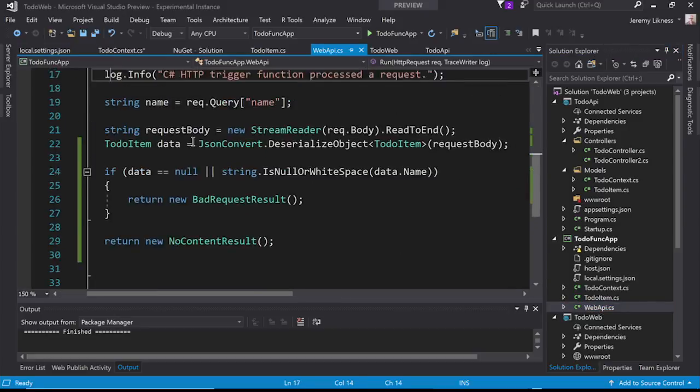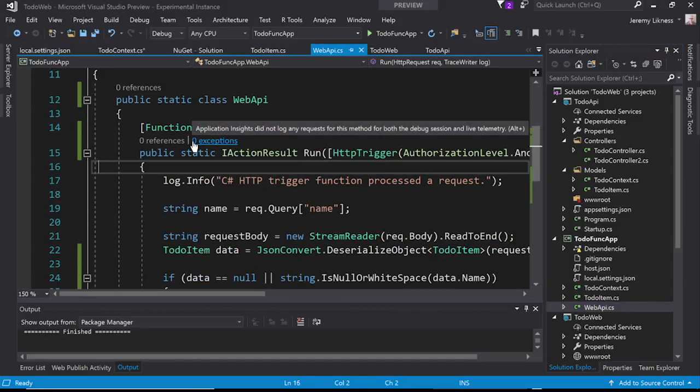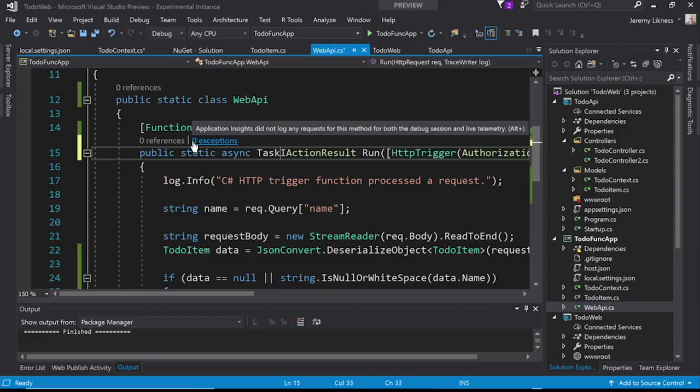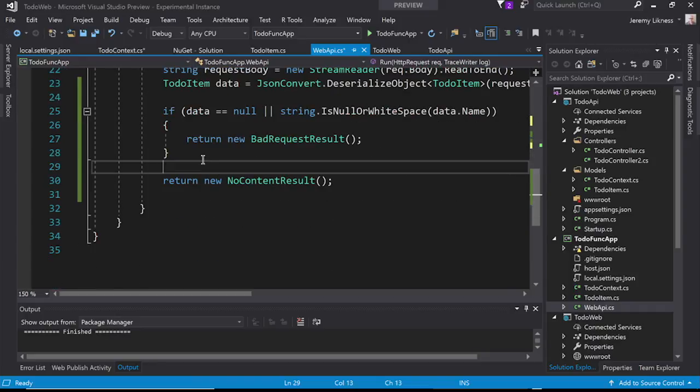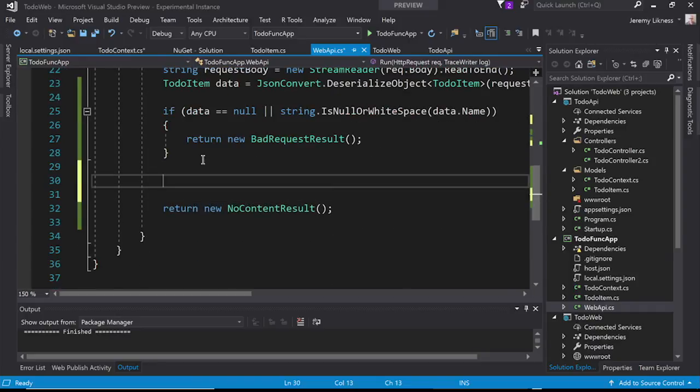And we're going to change this a little bit. I'm going to make this an asynchronous method. So we'll add async. And of course, async returns tasks. We'll go ahead and pull that using statement in. And then if we have good data, which would be right here, I'm going to do a using